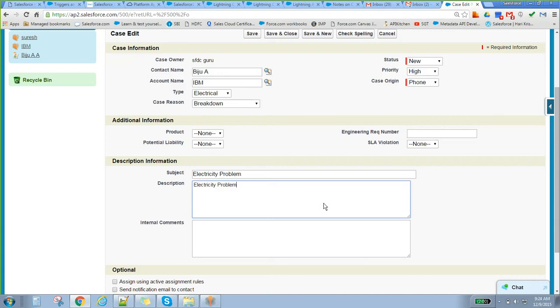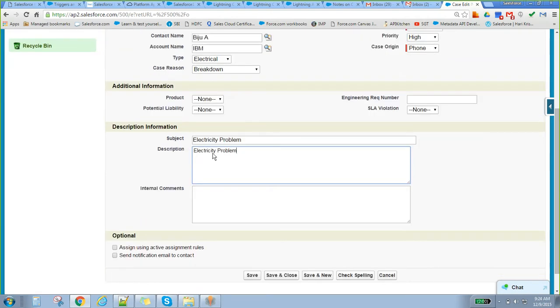Okay. So there is something called active assignment rules. Okay, same like leads. Correct. So why are assignment rules required? Because leads and cases basically someone is going to handle those things, right? It is not like account or opportunity. So we can create an assignment rule like for leads, and we can assign it to some other persons also. Okay. So those are the two optional actually.